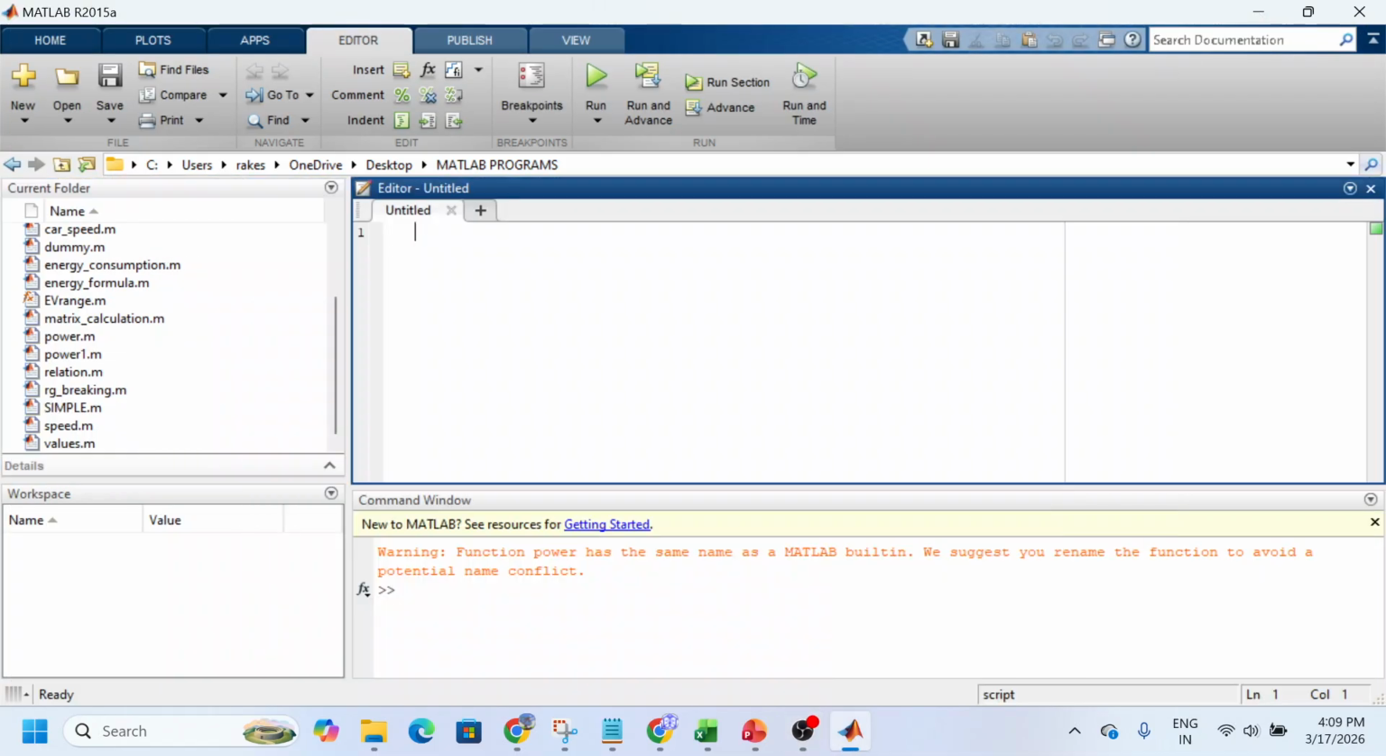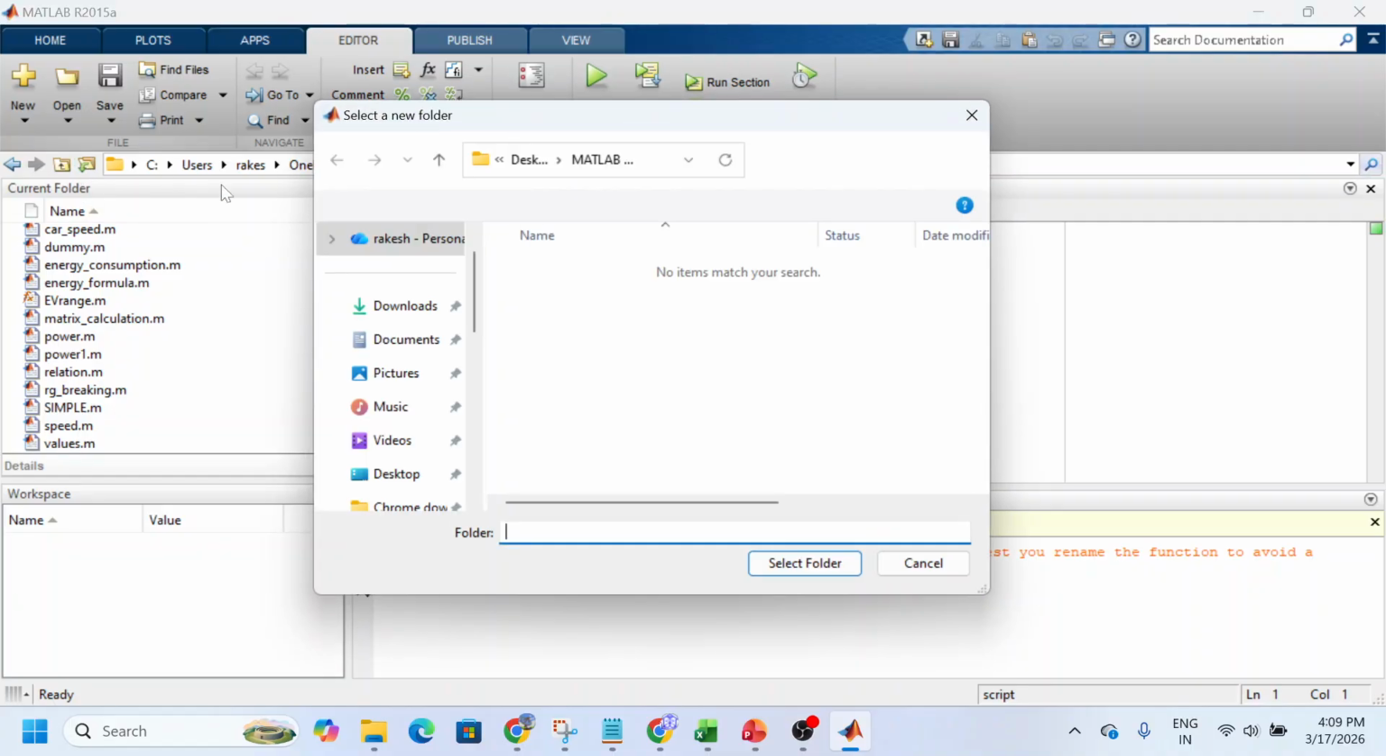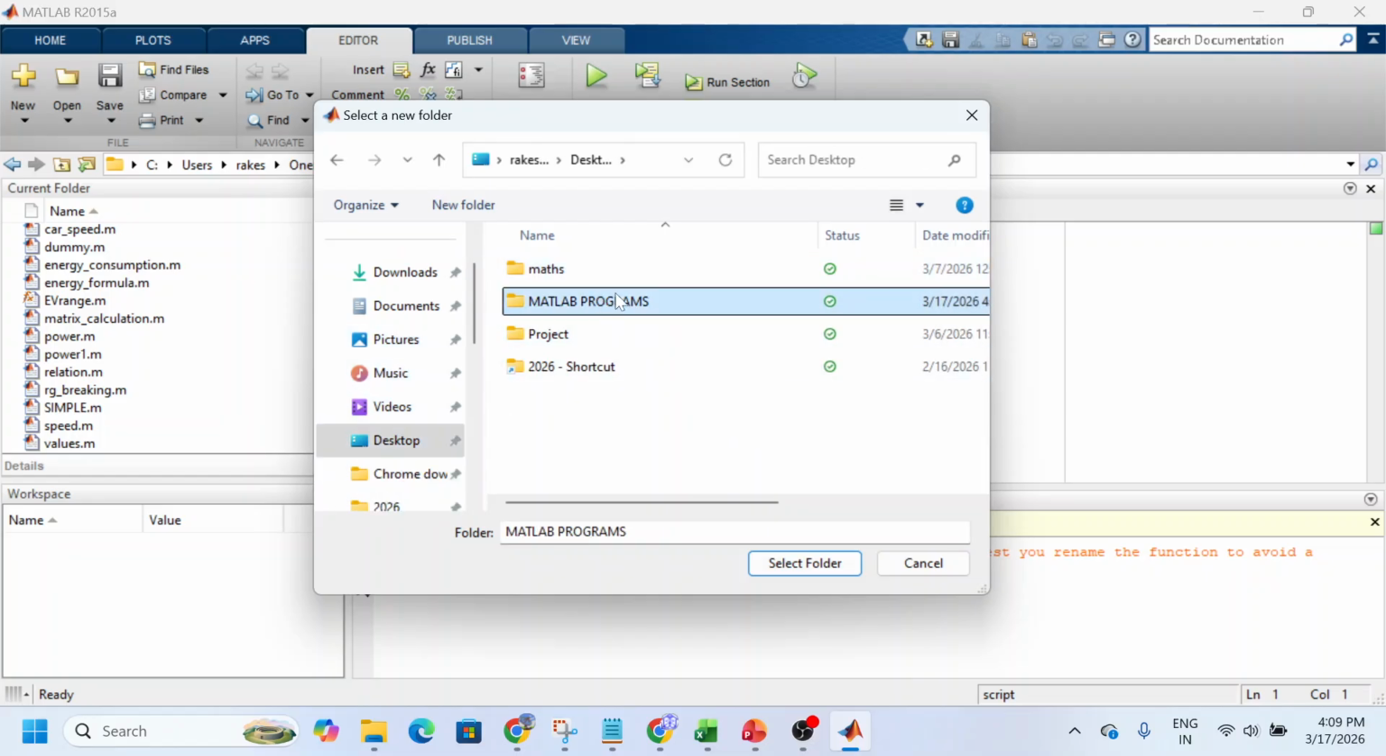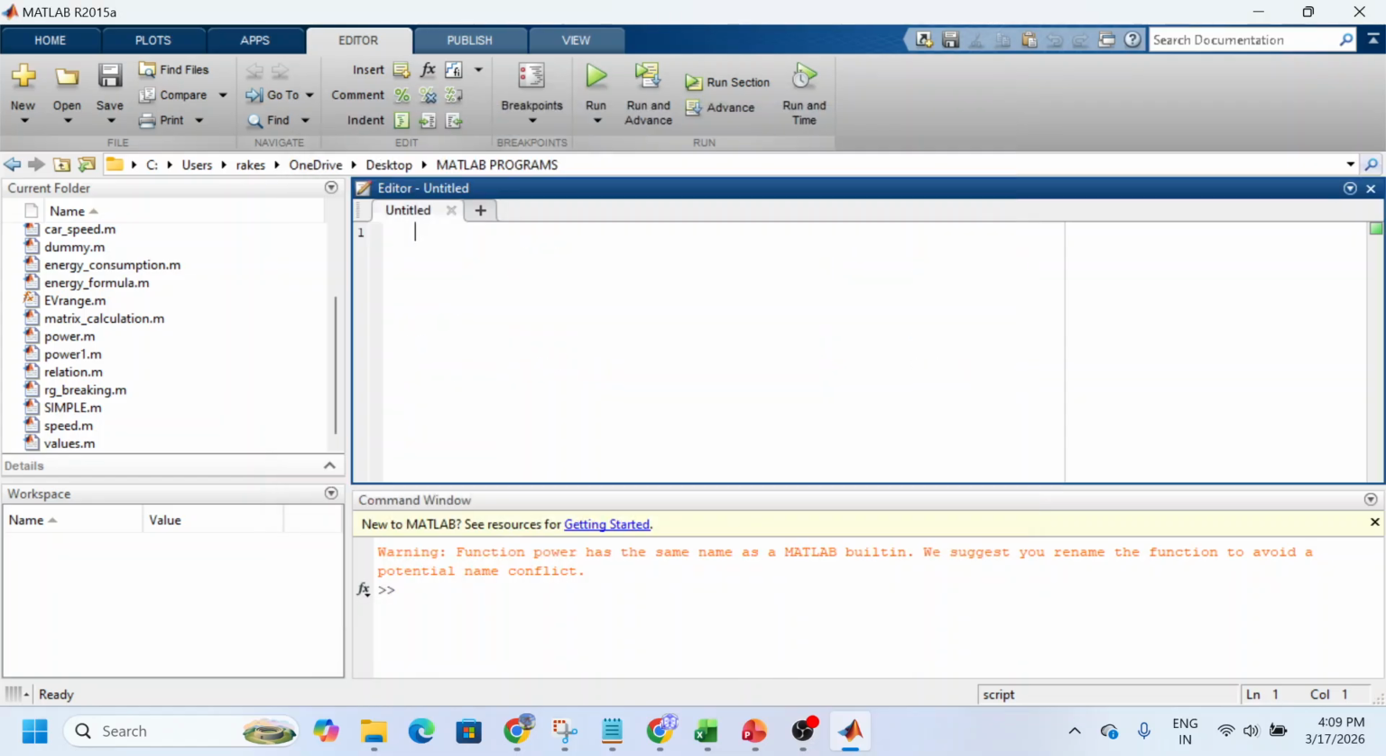So this is the software, and we have done the setup. One thing is you need to open a new scripting sheet. One more thing is you should include the folder which you have saved on the desktop. So go to the desktop. Here you have created a MATLAB programs folder. Select this folder. All the programs which you execute